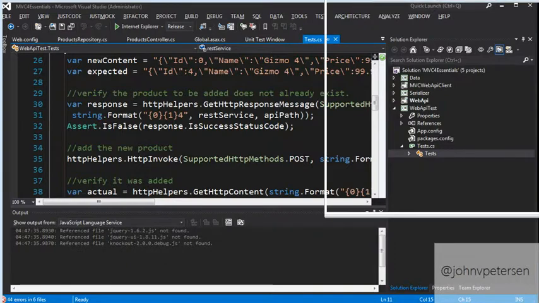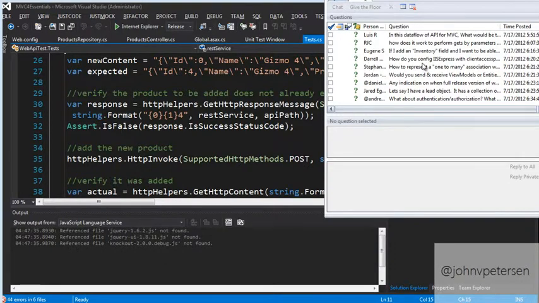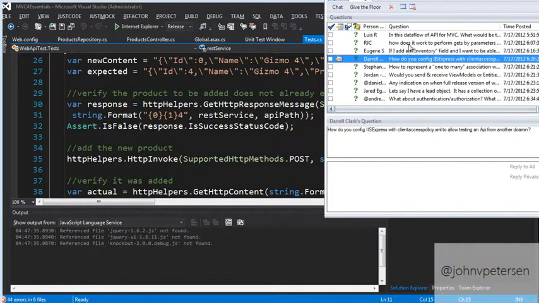So let's go to your questions here and let's see what we got. Don't know if I answered this one. How do you configure IIS Express with client access policy XML to allow testing an API from another domain? Well, I think that's the cross-site... well, I'm not sure if I understand.